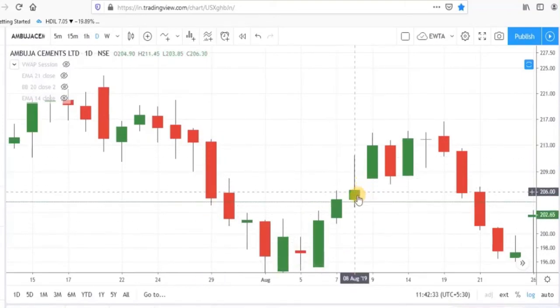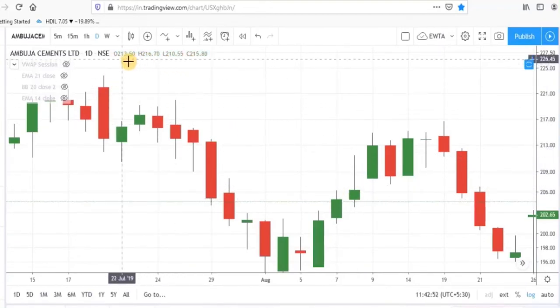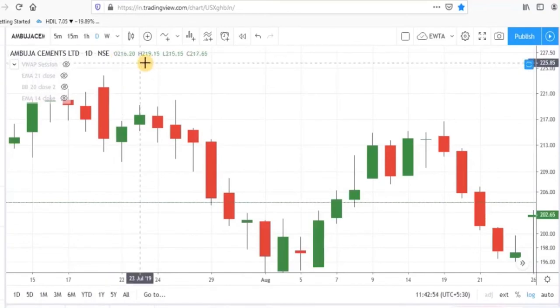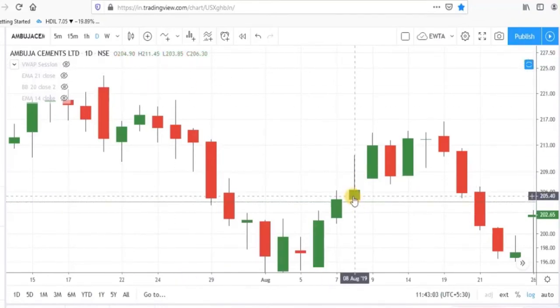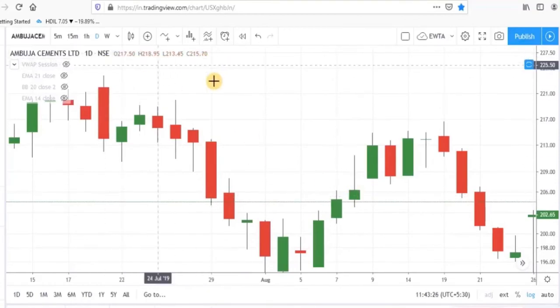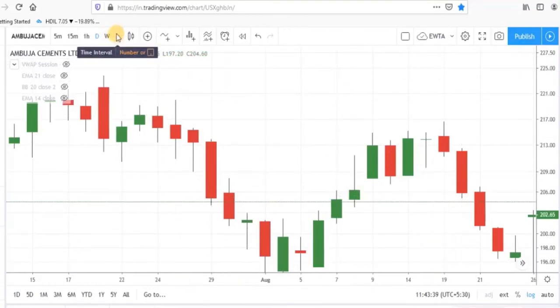Now if we choose this candle, this is a green candle. It means open is below the close. This is opening price and this is closing price. This is the low of this candle and this is the high of this candle. All these four parameters are shown here. You can see this is opening O and this is high H, this is low L and this is close C. So if I want to get the data of this candle, all the four levels for this candle have been displayed here. Now let's choose 1 minute chart.